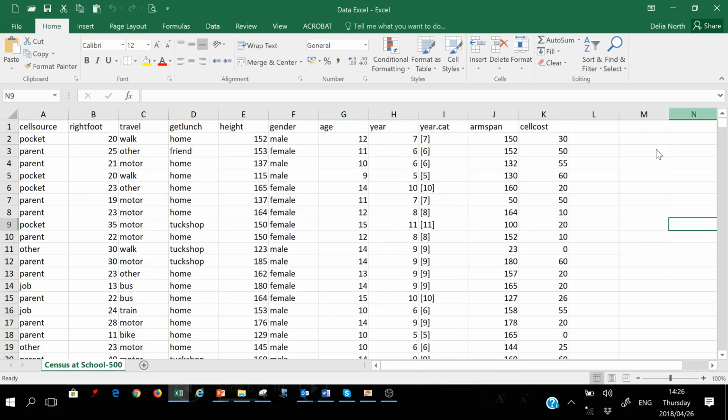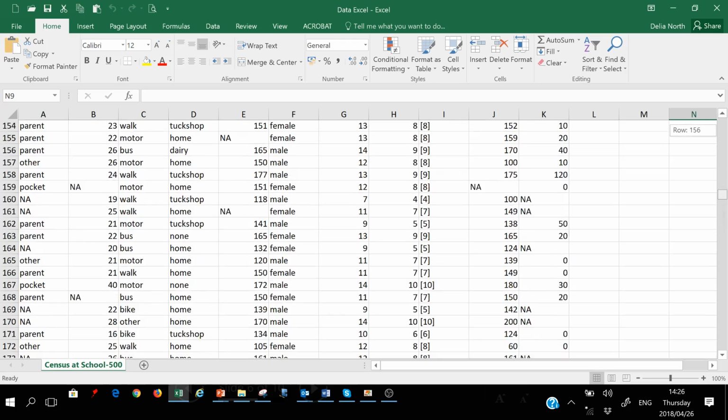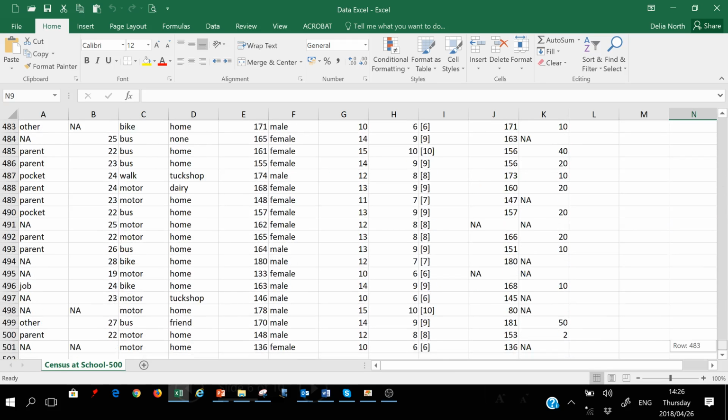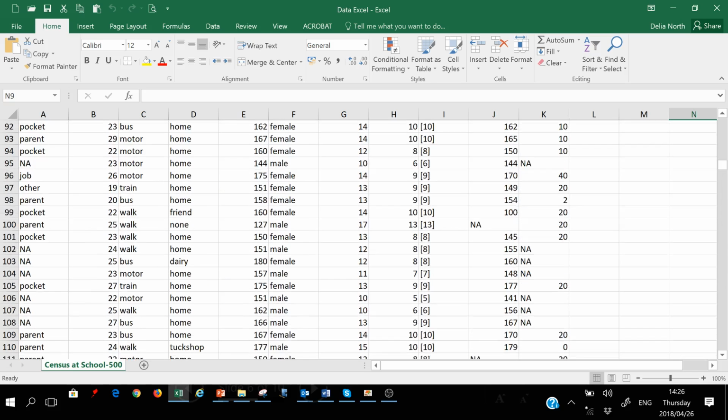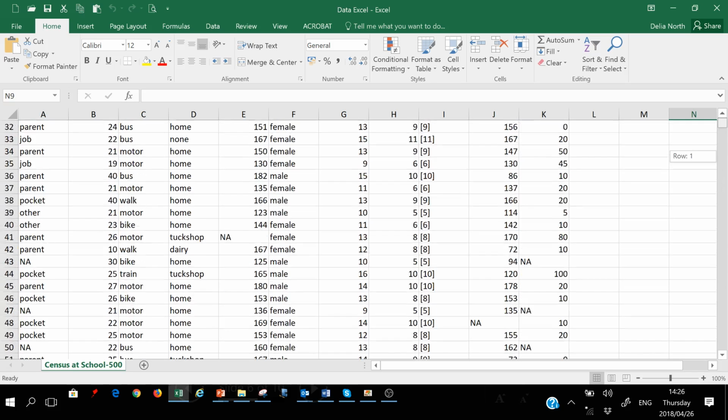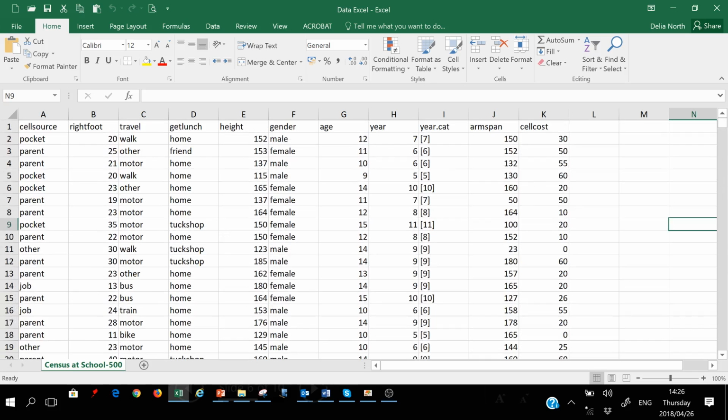Okay, here's my data set, and you can see immediately I'm trying to see how many rows of data there are. When you go right down, it goes to 501 at the bottom. Okay, so there are 501 rows, but the top row here, you can see,